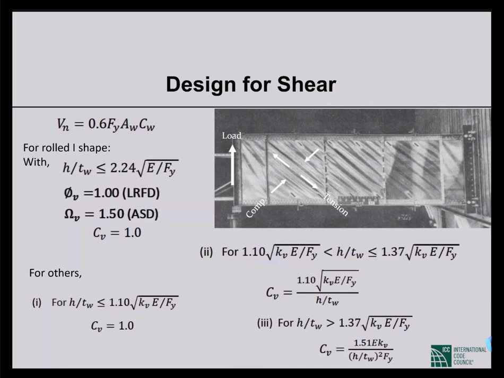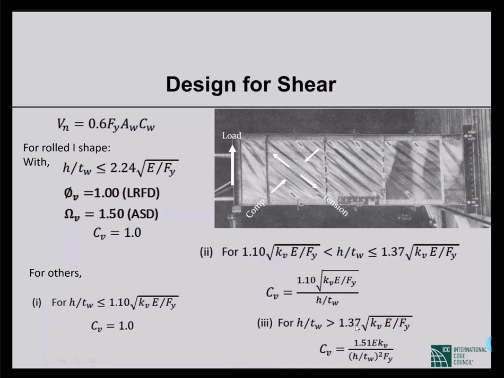Okay, so now I have to cover these basic parts, because tomorrow I have many other advanced topics to cover. So, design for shear. We talked about tension. Remember, in tension, we talked about shear lag factor. It's interesting. We design for tension, we talk about shear lag factor. We design for compression, we talk about flexural buckling. Now, we design for shear, and still we talk about buckling again. We know that compression causes buckling. So basically, this is not so difficult.